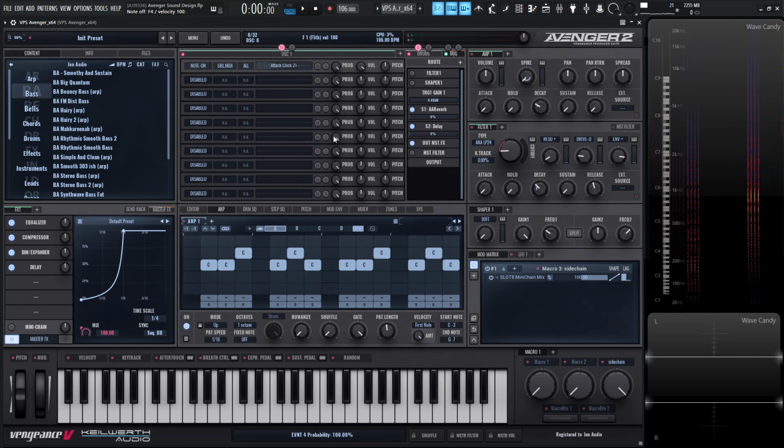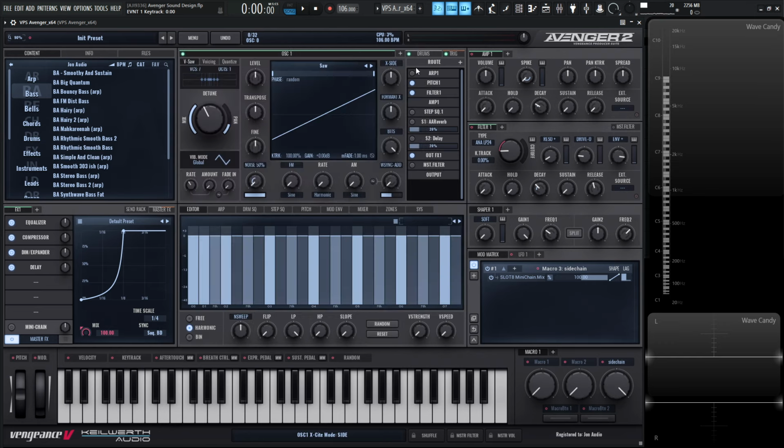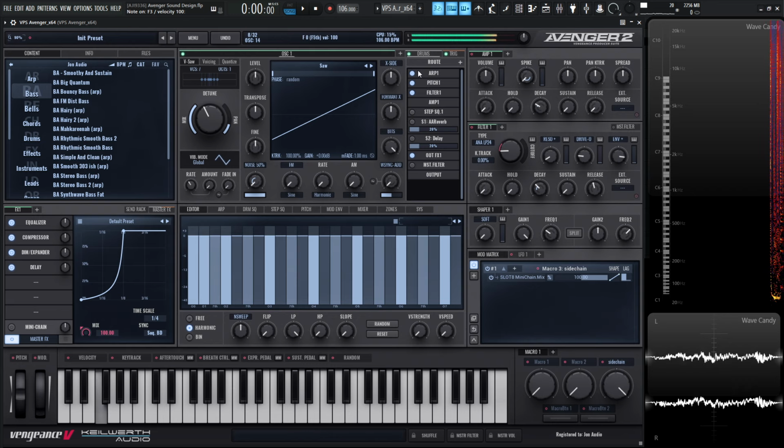And if you do go this route, something also to keep in mind. If we go down here to edit in the key track, we maybe want to bring this down to 0 because we might not want these different attacks or transients to change pitch as our notes change pitch. Because in this sense, we're trying to simulate a pick hitting a string or something like that, an attack of a sound. And sometimes we don't really want that pitch. So that's something to keep in mind. For now, we're just going to disable this, but I did want you guys to know that that option is there. Enable our stuff, bring back our ARP, and